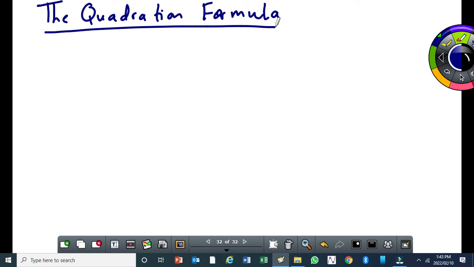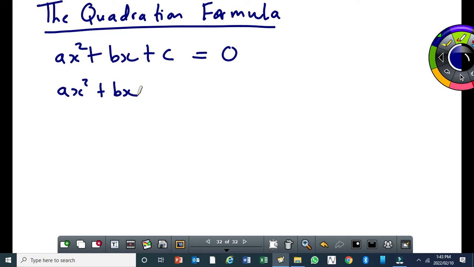Completing the square. Alright? Can I have your attention? Alright, so we know that the general equation of a quadratic equation is ax squared plus bx plus c equal to 0. Now, if you want to derive the quadratic formula, you have to complete the square in that general equation. So first thing, we take the c to the right, so we get ax squared plus bx